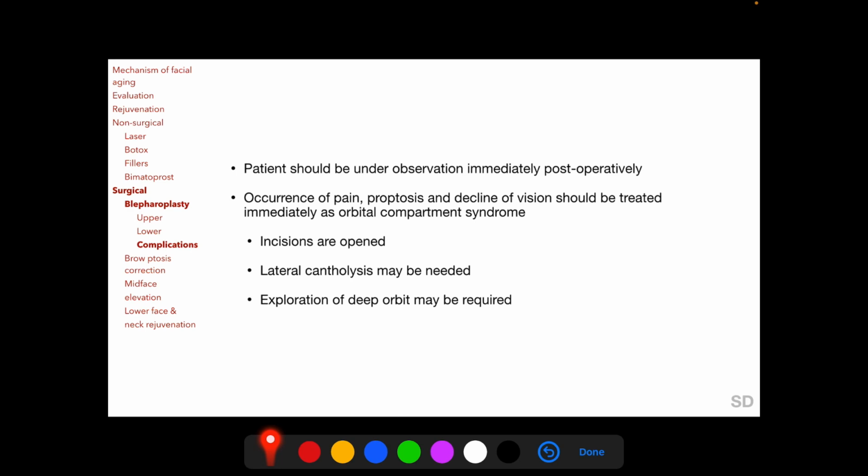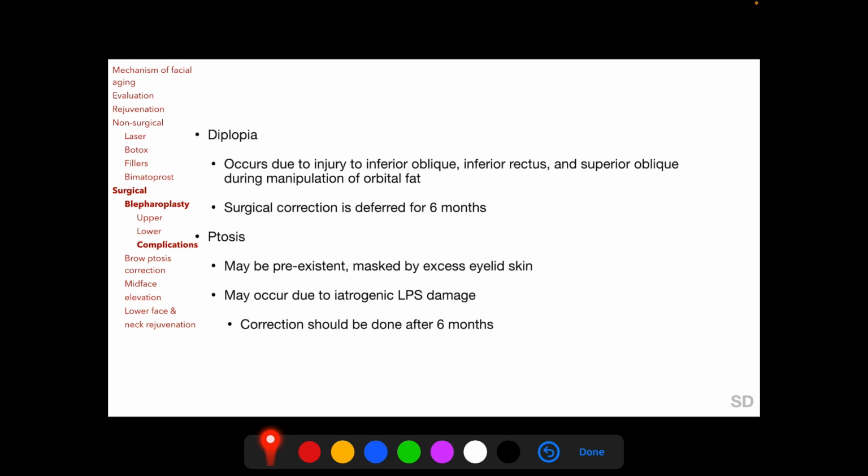The patient should be under observation immediately post-operatively following blepharoplasty, and occurrence of pain, proptosis and/or decline of vision should be treated immediately as orbital compartment syndrome. The blepharoplasty incisions are opened, a lateral cantholysis if required is done, and exploration of deep orbit may be required to identify the bleeder. Other complications following blepharoplasty include diplopia, which occurs due to injury to either inferior oblique, inferior